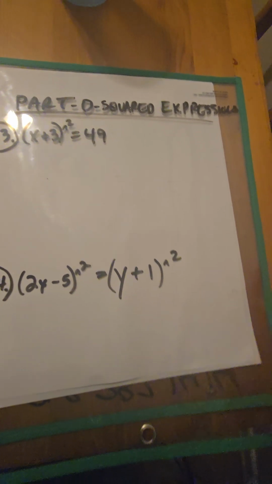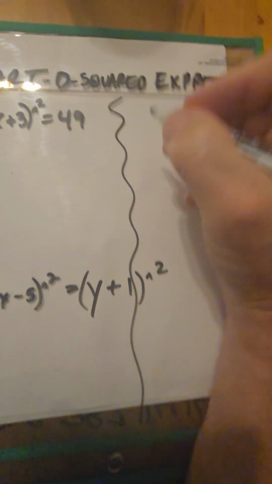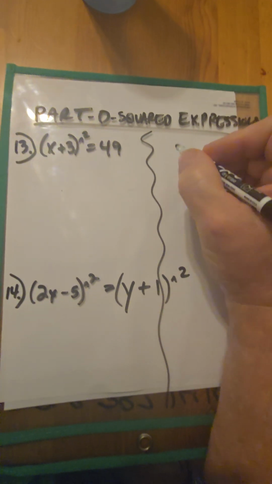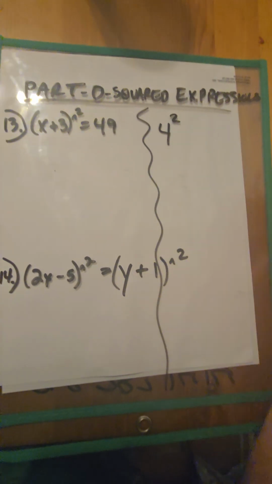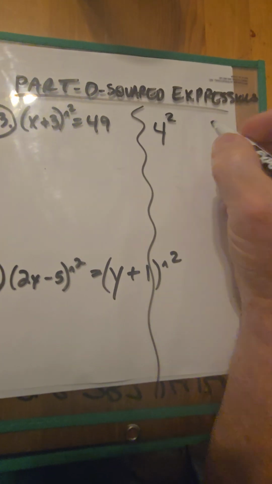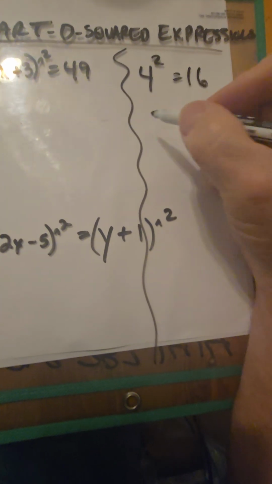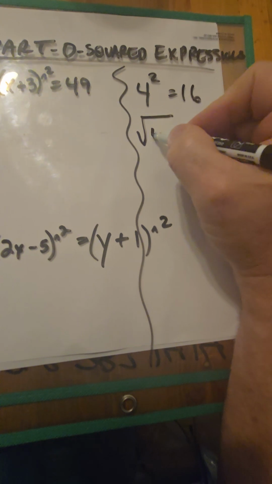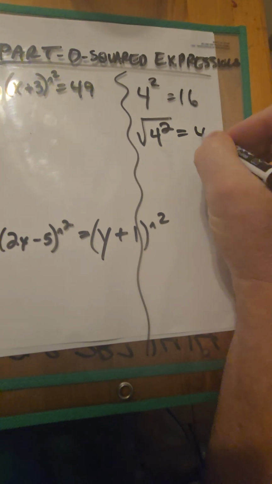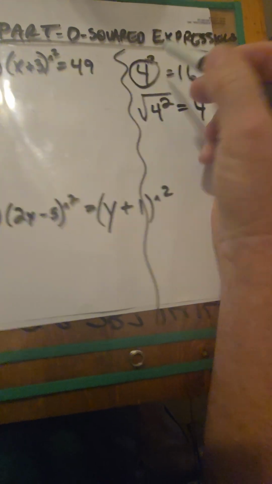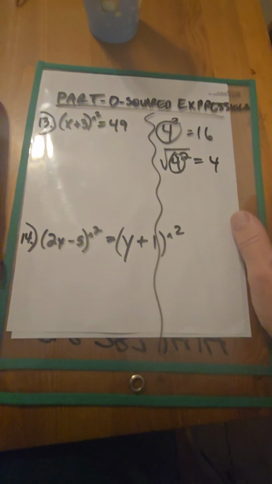So let me start out with, I'm going to make a line down here. Let me ask you something. If you had something like this, 4 squared, what does that equal? That equals 16, right? If you took the square root of 4 squared, what would it equal? It equals whatever is the base, right? So we're going to use that same